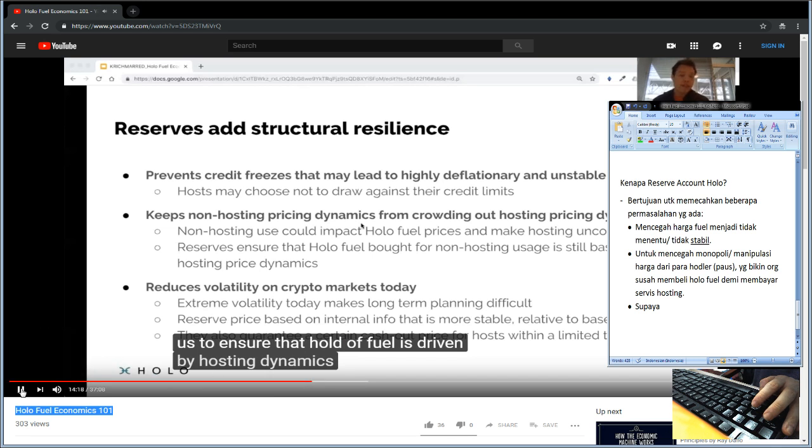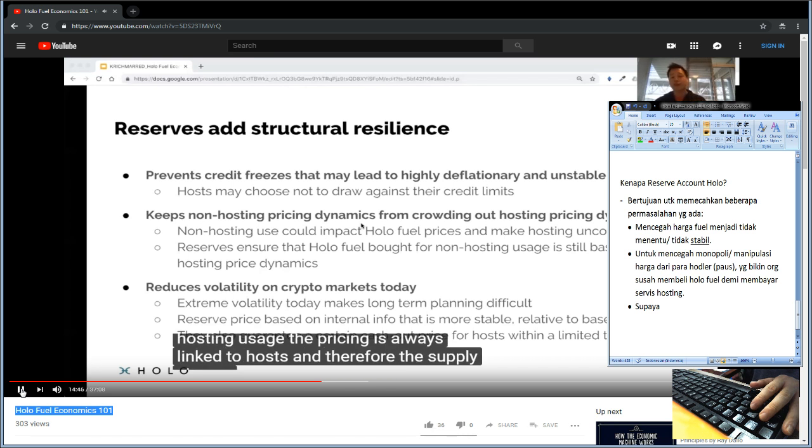To understand this more, realize that although reserves allow anyone to buy Holo Fuel for any need, including non-hosting needs, the supply of Holo Fuel and therefore the supply of Holo Fuel can adjust to non-hosting usage. The pricing is always linked to host. And therefore the supply change